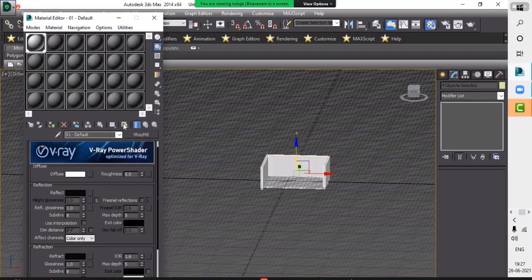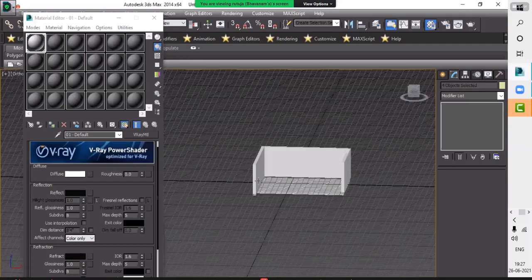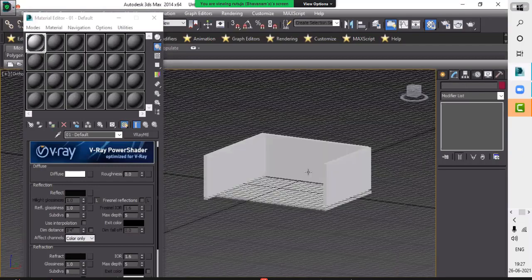Click it, then click the box with the bulb and activate that. Now you get your model color.